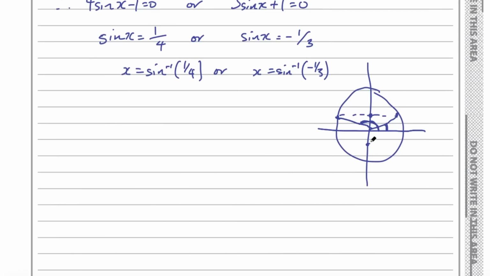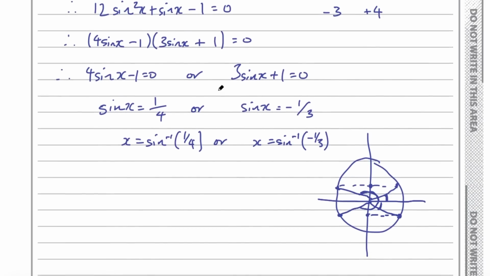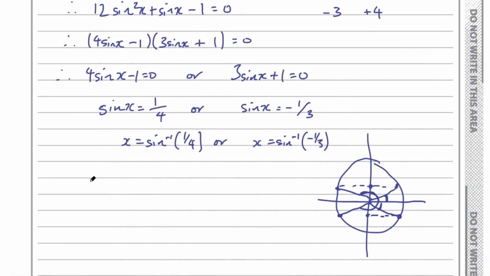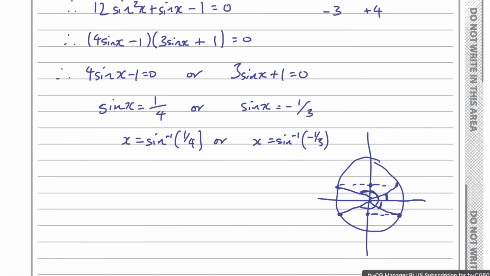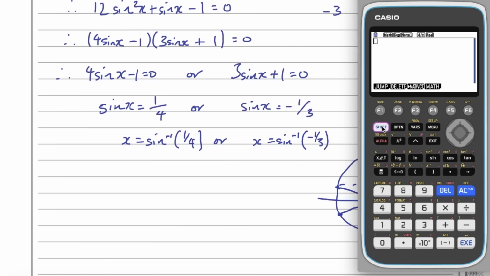And same for minus a third. So if we say minus a third is down here somewhere, we go across to the unit circle, and we're looking at this angle in here, but we also have a value over here, and we need to subtract that from minus 180 to get the other value. So we're going to end up with 4 answers for this problem, and we need to work out the inverse sine of a quarter. So get your calculator out, find inverse sine of a quarter,